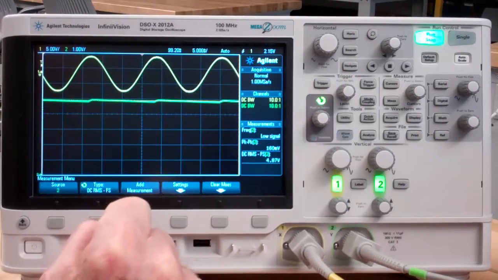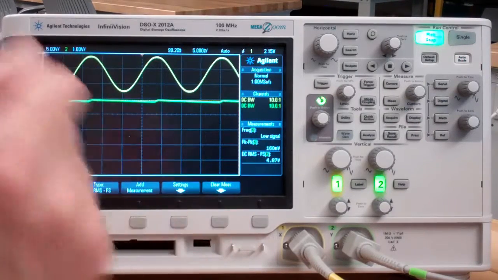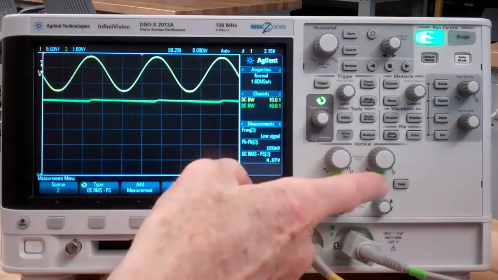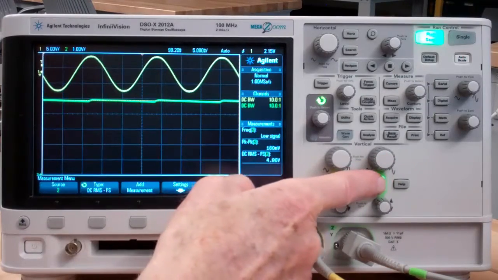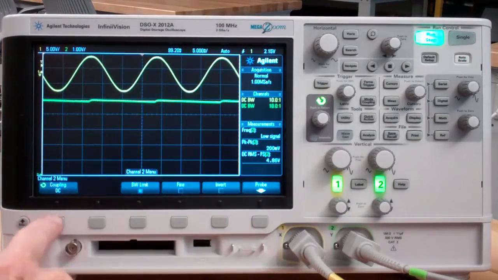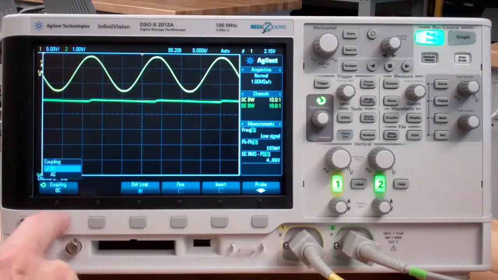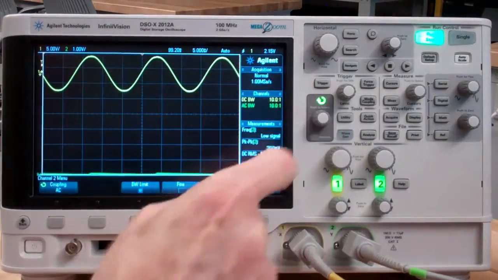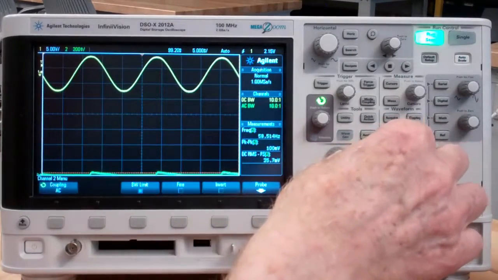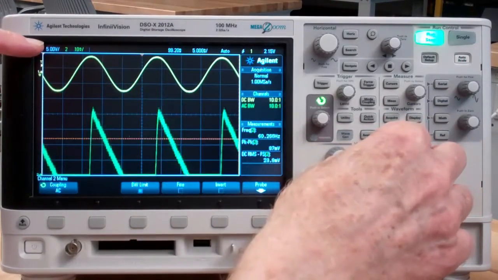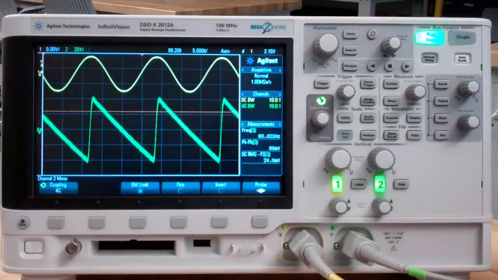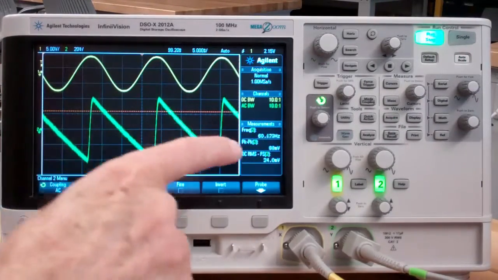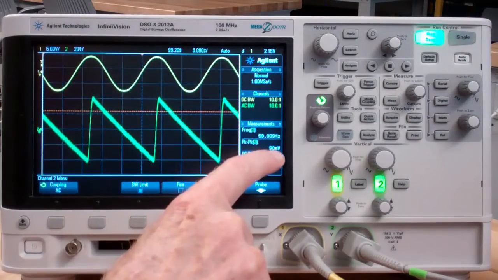A more accurate measurement is to change channel 2 to AC coupling. To do that, to change it from DC coupling to AC coupling, press that, and then switch from DC coupling to AC coupling, and then change the sensitivity. Change the sensitivity to whatever, that's a little bit too much. That's a good one. And so now, at 20 millivolts per division, it's reading more accurately a peak-to-peak ripple